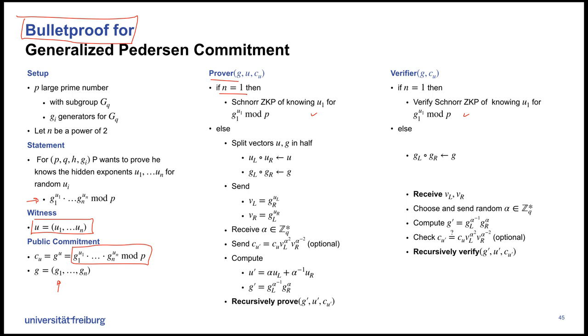If n is not 1, and we assume that n is a power of 2, so you have 2, 4, 8, 16, and so on, we do the following. So we split the vectors in 2 parts. So the exponents are split into uL and uR, and the generators are also split in 2 parts. So basically, you take half of them. Now what you do is you send